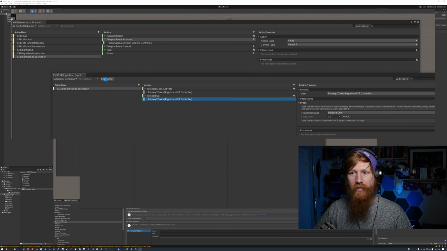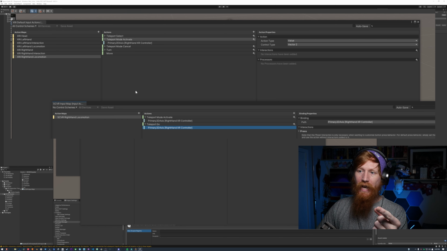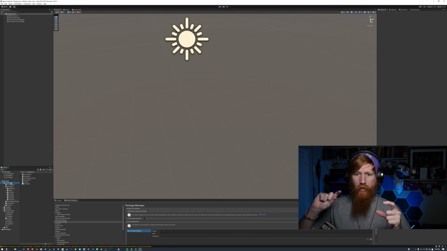Next, we need to make sure we save the asset. Now, the reason we don't want to just add these actions into the XRI default input actions is because we don't control that. Okay, next up, what we're gonna do is replace and customize the character prefab from the demo